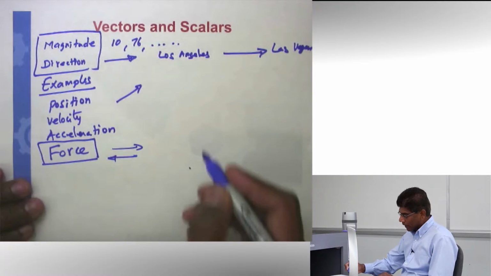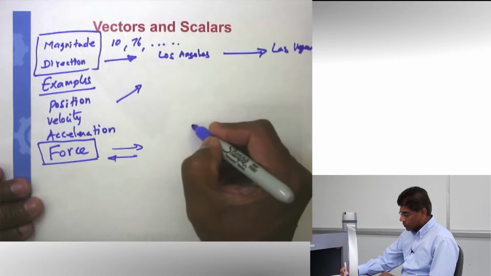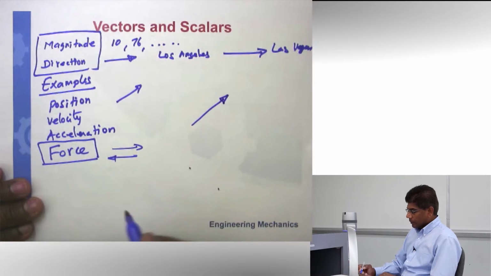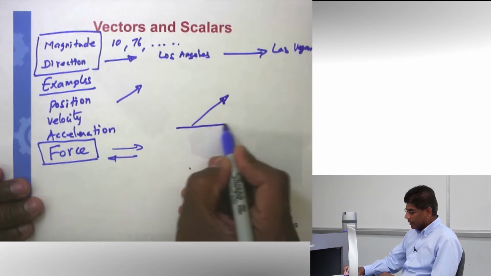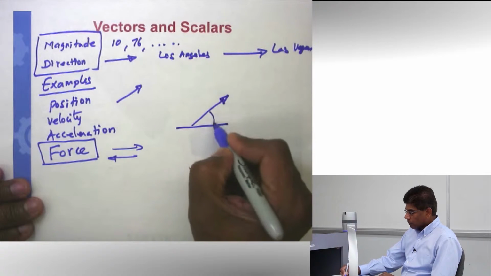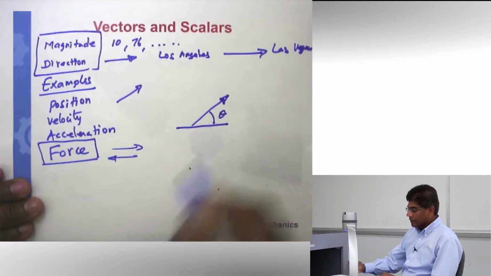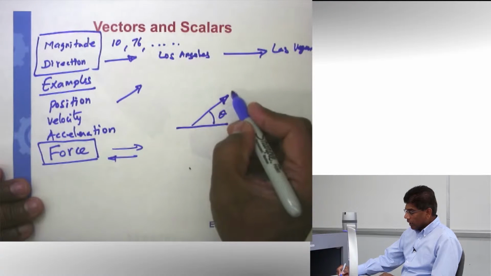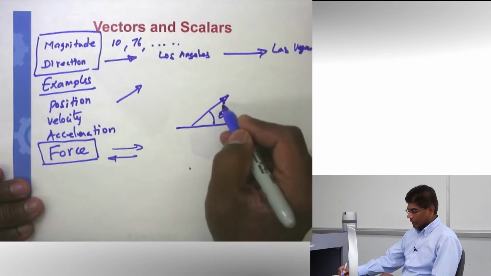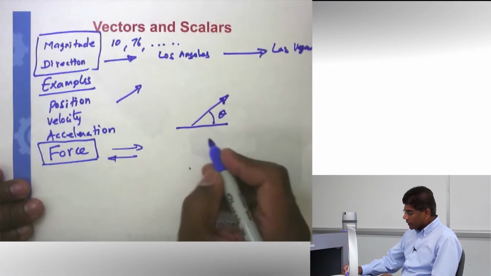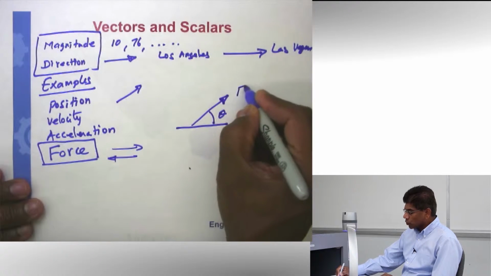Well, let's take a look at this way. We want to show a vector using an arrow. This indicates which way, the sense is this way. And also it makes an angle in this particular case from the horizontal, say angle theta. So if I want to denote a vector, typically you will have to show some kind of an angle as well as the direction. And to write this down, let's say this is a force vector.